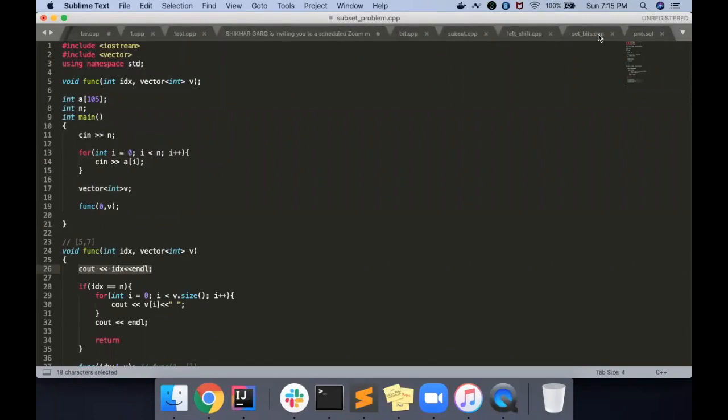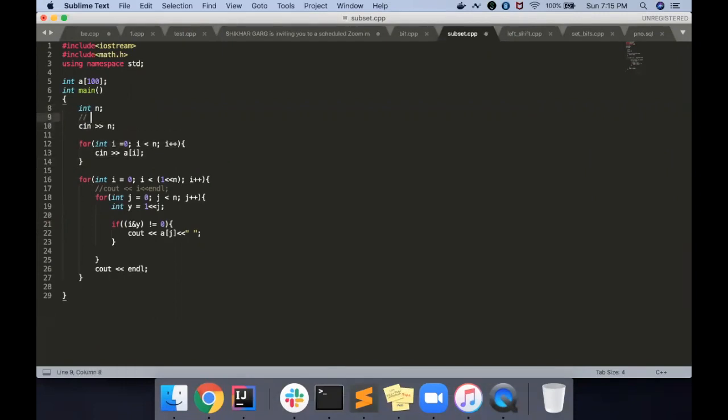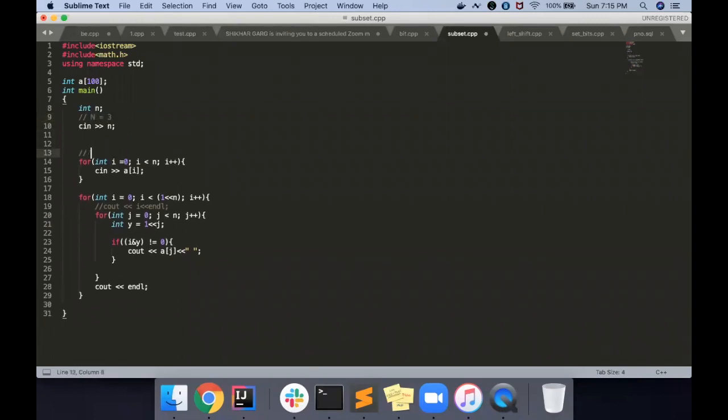This one. It is very simple. Subset is again... we are just taking the input n, how many numbers we have. Let's diagram this. Let's say we have 3 numbers, so n is 3. Now this is the array. So we are taking 3 numbers. In our example, what was that? It was 2, 3, and 5.